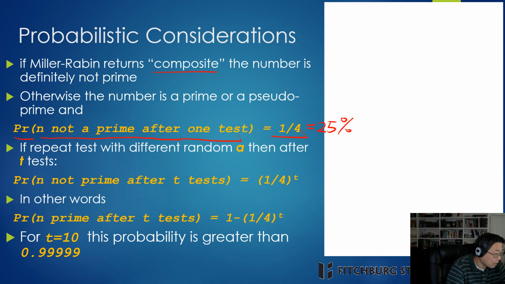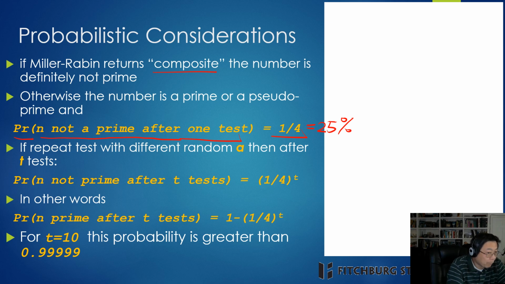Or in other words, the probability that n is a prime number is 75%. Okay, that's a big probability. But you can still say there's a 25% chance that n is not a prime, right? So I cannot say n is a prime. There's still a 25% chance n is not a prime. However,